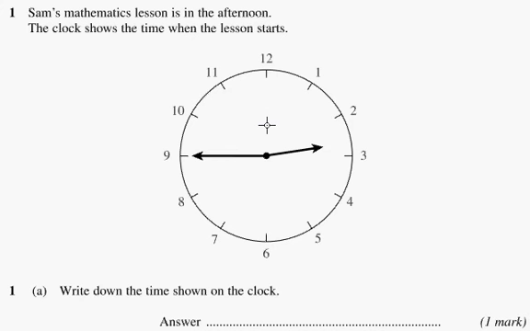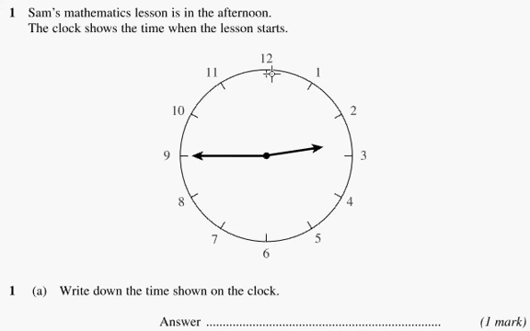We can see that the hour hand is in between 2 and 3. So it's after 2 o'clock and before 3 o'clock. We can see that the minute hand is at 9. We know that if the minute hand is at 9, that means that 45 minutes have passed in this hour,